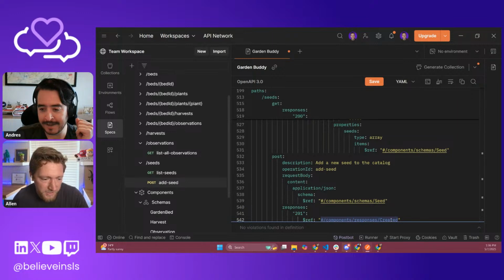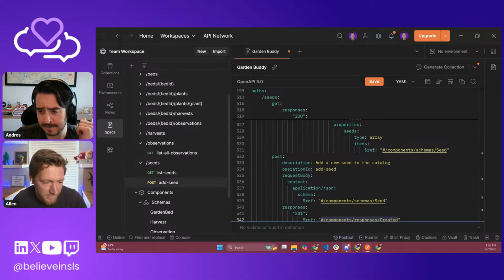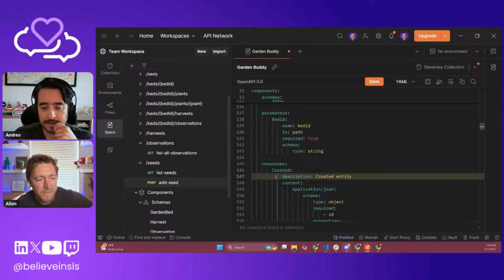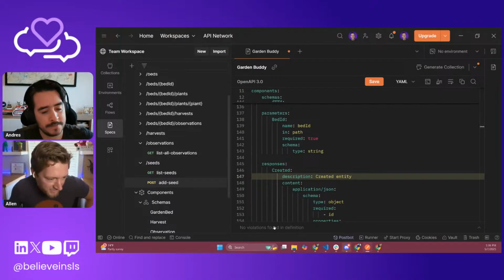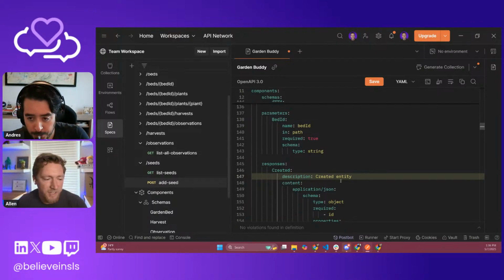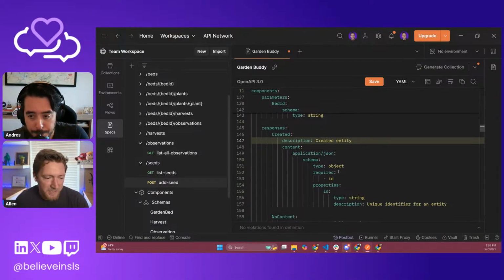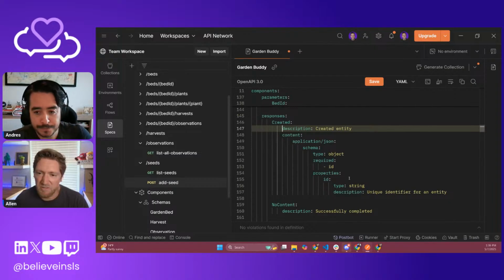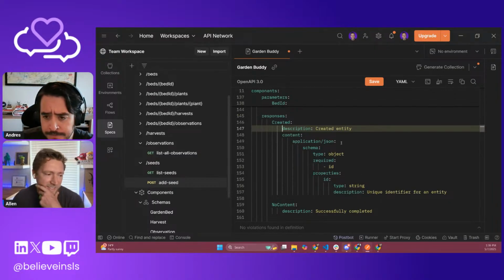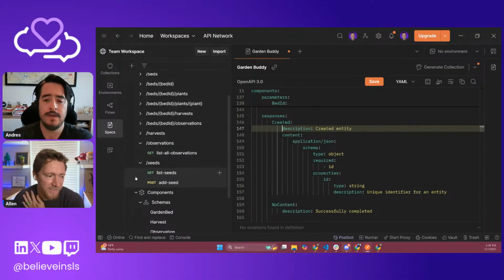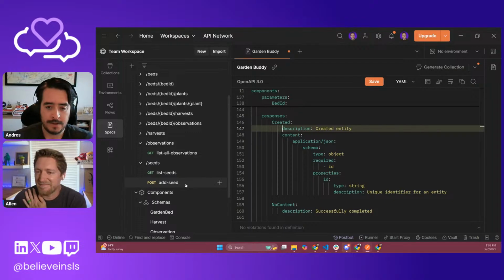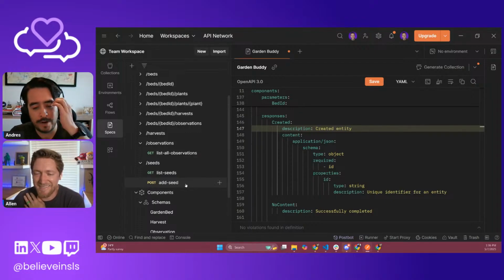Ooh, so it says follow link. Control click. I think it said control dot, right? No? Okay, there we go. It said control click. I was clicking on this bottom thing. So it says create an entity. The schema here is ID. That's cool. An object, and the only thing is an ID. Very nice. We're just going to go with that for right now. That seems plenty.